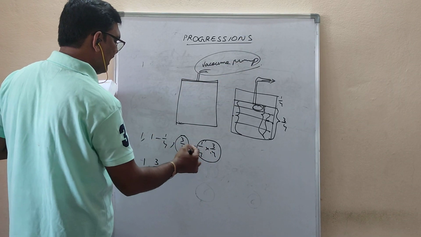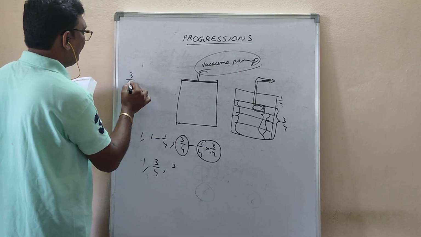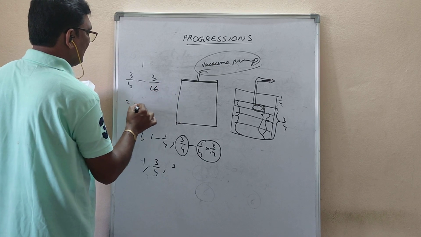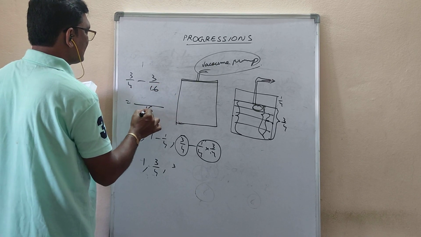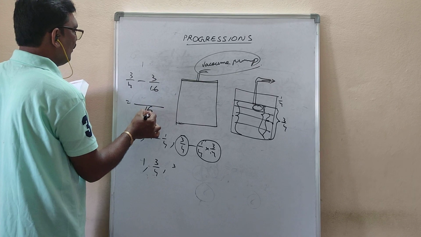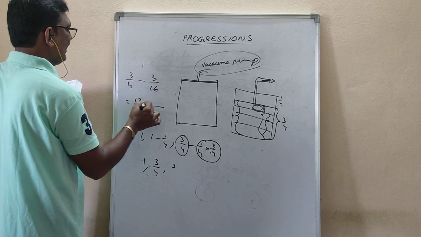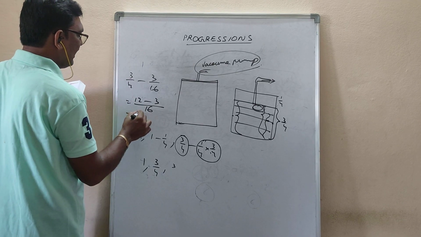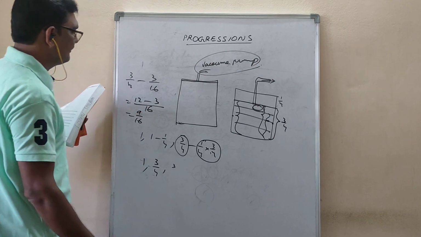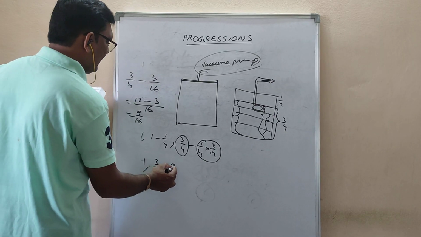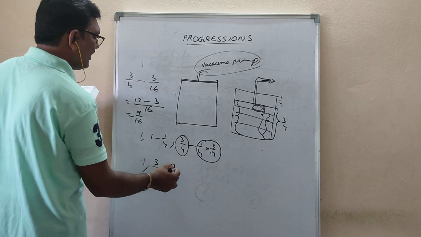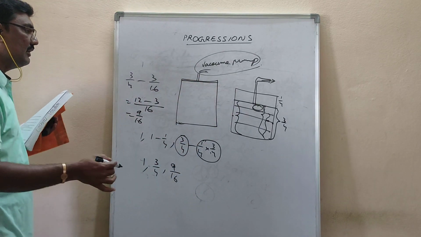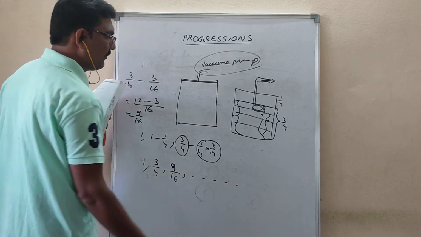So to find what remains, you have to do LCM here. 3/4, okay. 1/4 into 3/4 means 3/16. LCM for 4 and 16 is 16. 4 how many times will go? 4 times. That 4 into 3 is 12. 16 one time, 3. And here 9/16. So here you are getting 9/16. So 9/16 of the air is present in that cylinder.